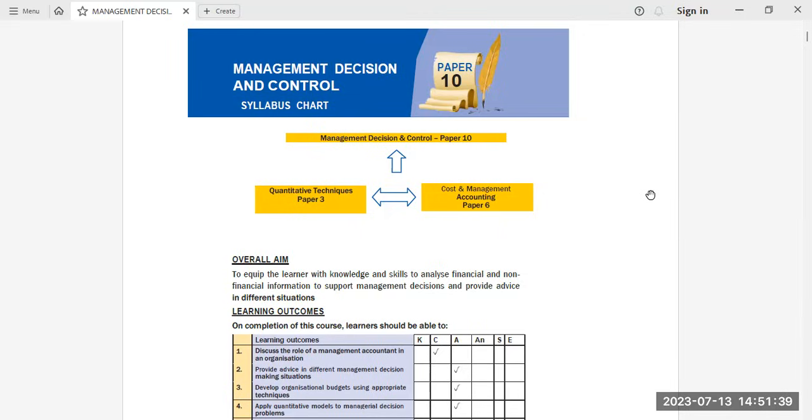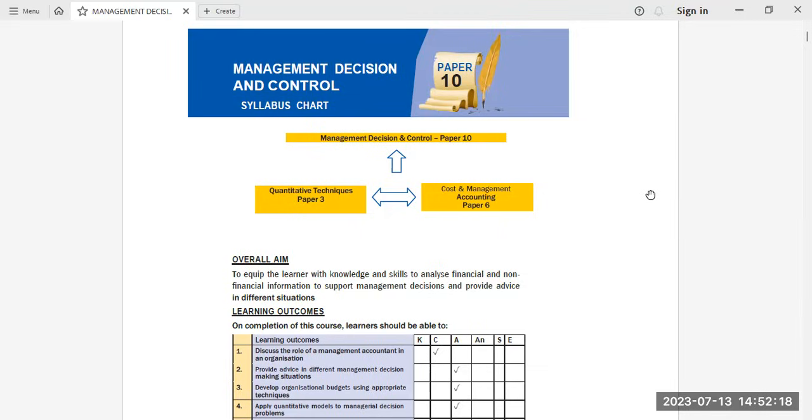This paper, as we said, is paper 10, but it was previously paper 11, and this is one of the papers that were never affected by the new syllabus, because we are seeing that the previous topics we had and the previous